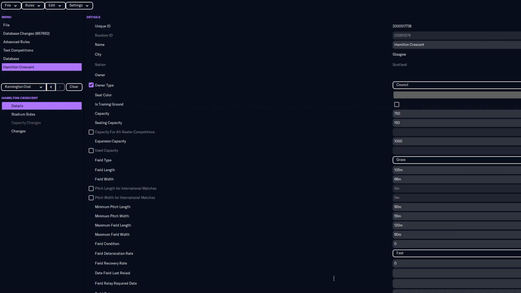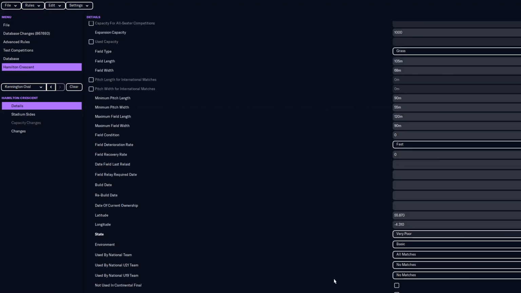I don't know exactly how latitude and longitude are used in the game, but I think it has to do with travel distance and maybe weather as well, if I recall correctly. So,